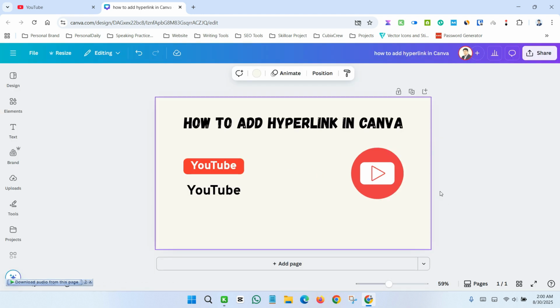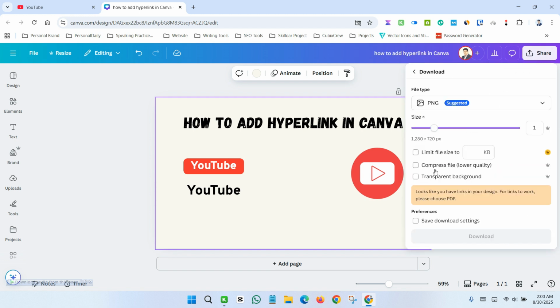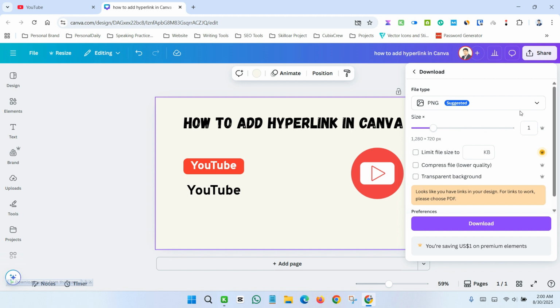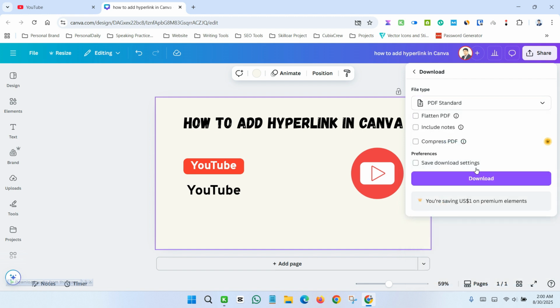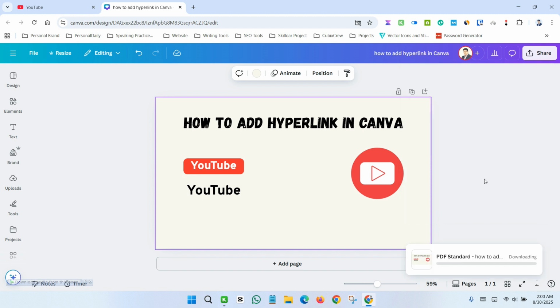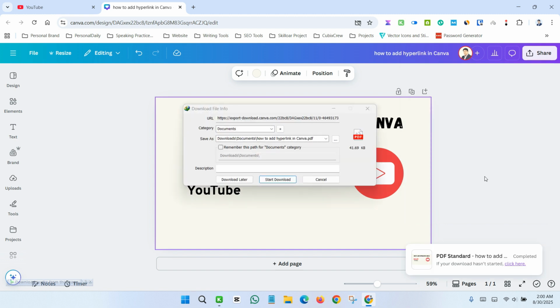And now let's say we can download this with the link. Just make sure that you don't download it as an image version like JPG or PNG. If you want to keep the link in your document, you need to download it as a PDF standard. Just click here and now don't click flattened PDF, just click the download button, and now our file has been